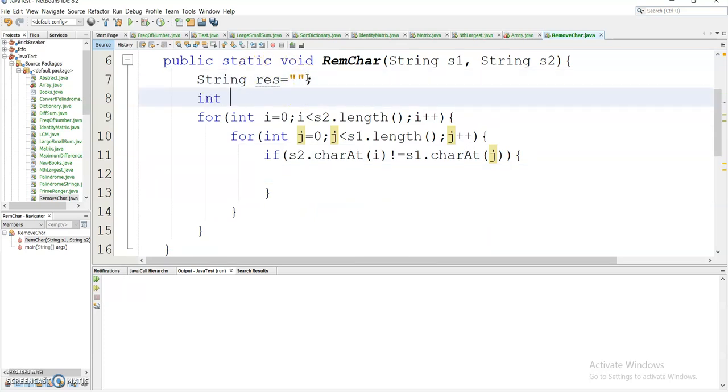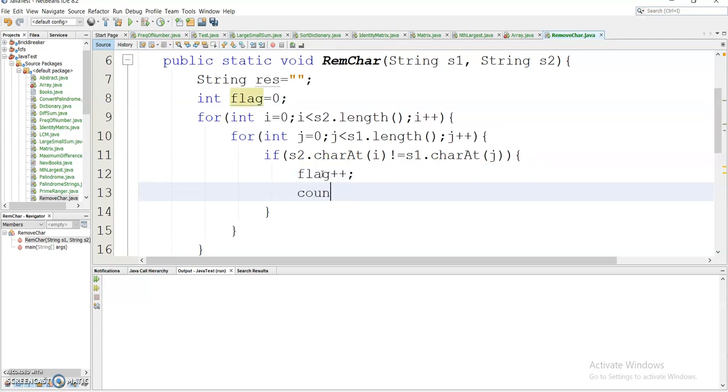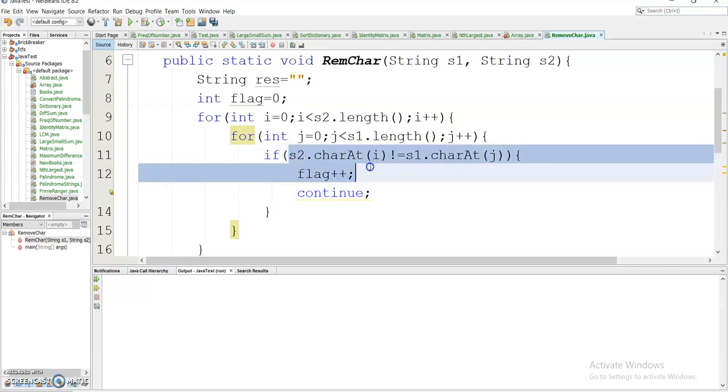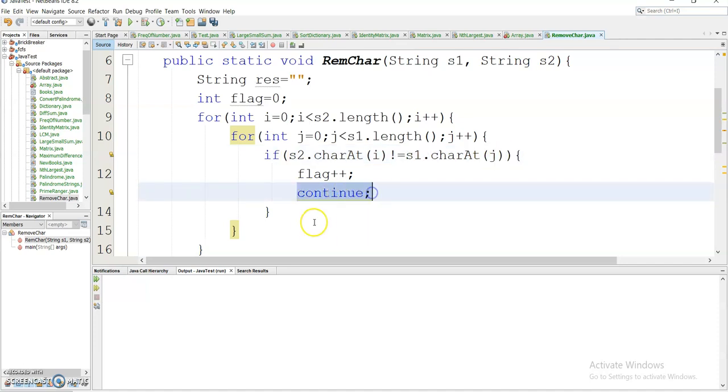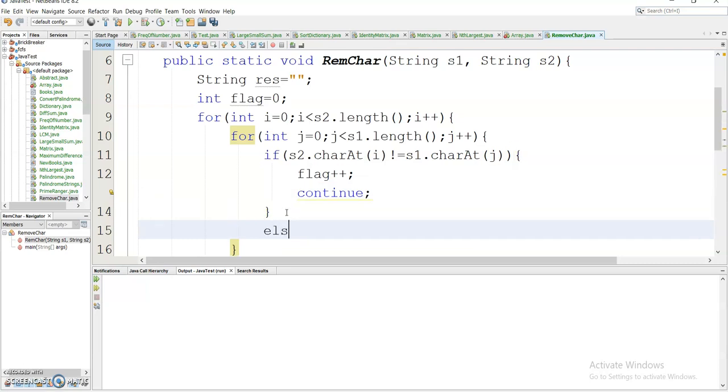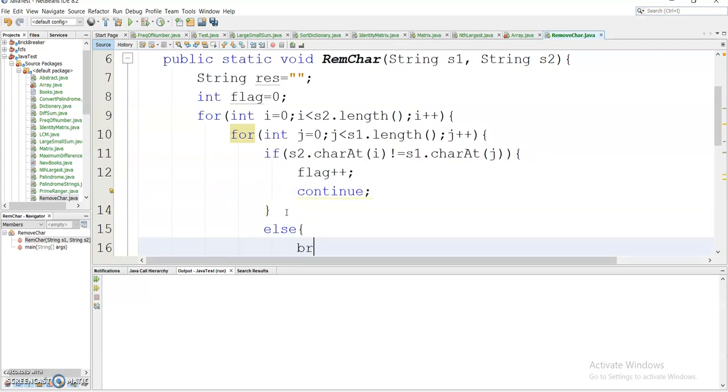So int flag initialized to 0, and if this is the case then my flag will be incremented, flag plus plus, and the loop will continue to execute because I want to check all the characters of my second string with all the characters of the first string. That's why I have written the continue statement here.